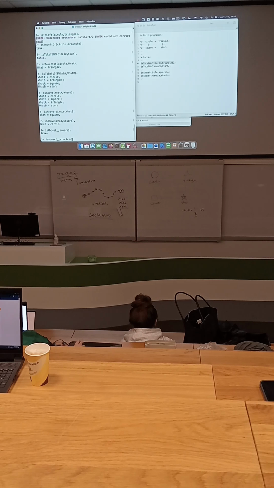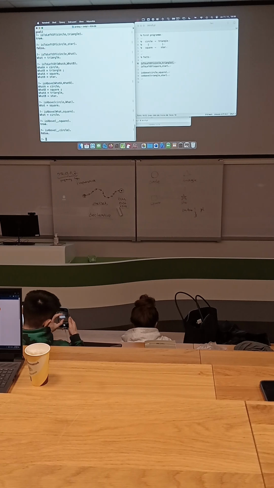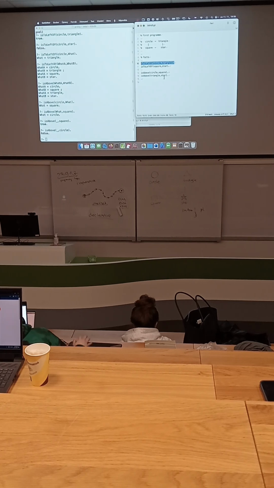If I write this, false, because nothing is above. Okay. So remember, capital letter variable, underscore anonymous variable. Something must exist, but you do not need the value. Okay.